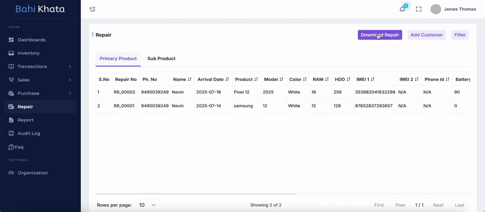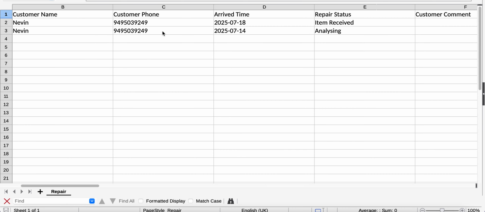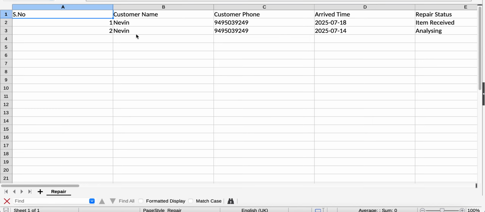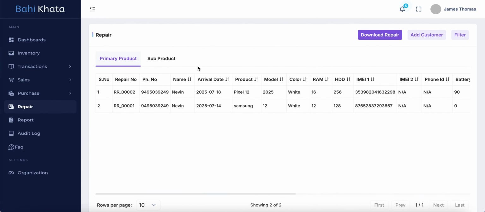By clicking on this button, you can directly download this repair section, and as I click on it, you can see the Excel file with the updated entries of our listing here, which is useful for keeping your products and sharing it with anyone else. So let's again go to the Bahikhata platform, and at the bottom you can see all the pagination is intact. And so this is a wrap on this module, and it helps us in getting the status